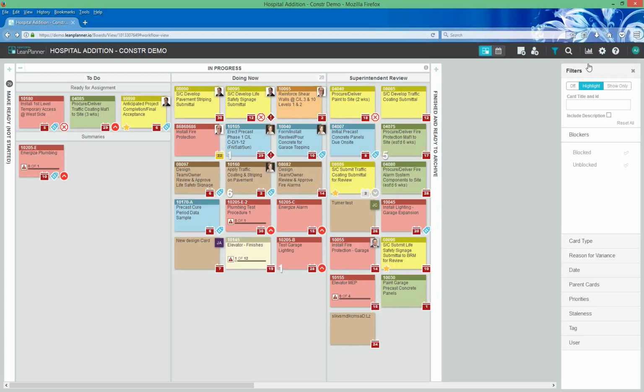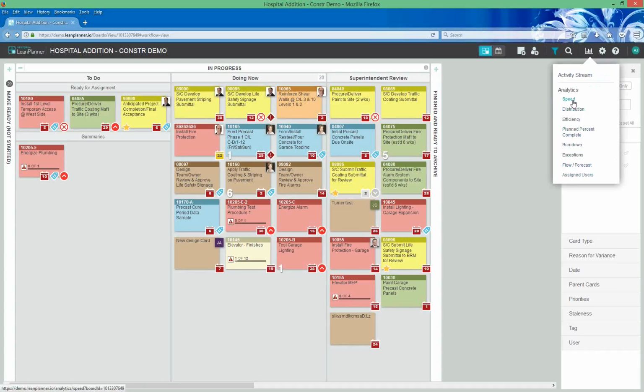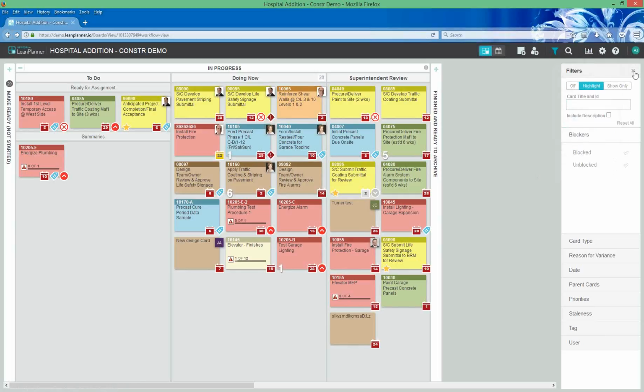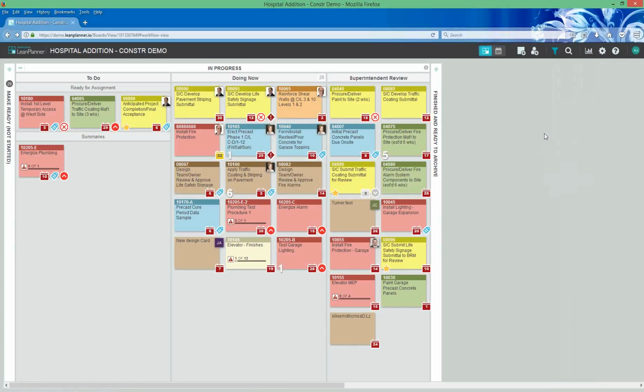And then same thing, in terms of reporting, there's a whole bunch of pre-built reports that are just part of the software. And it's not reporting for reporting's sake, right?